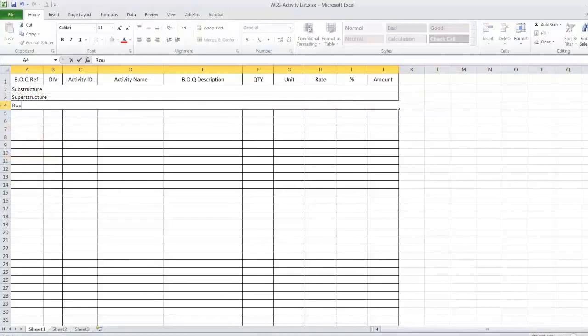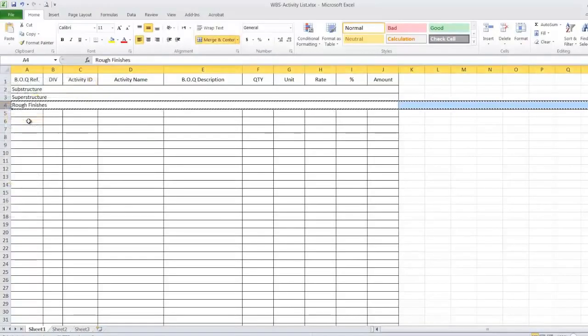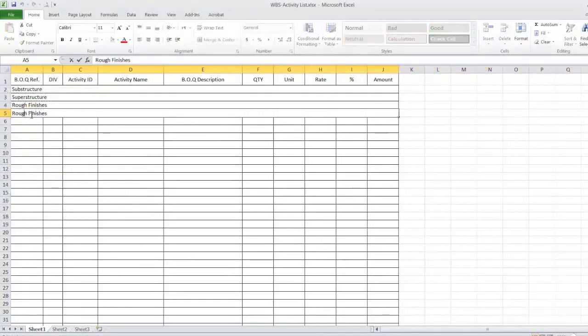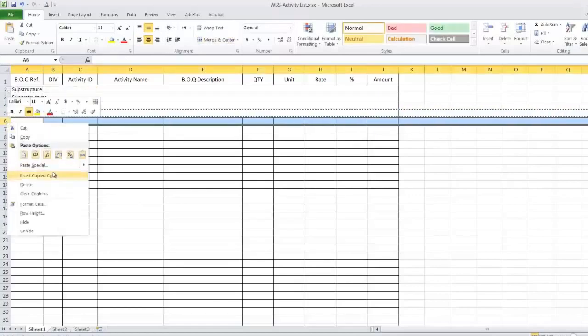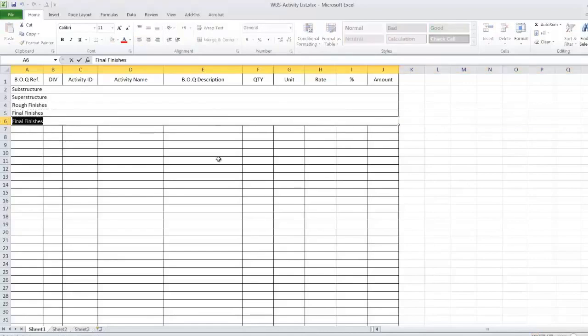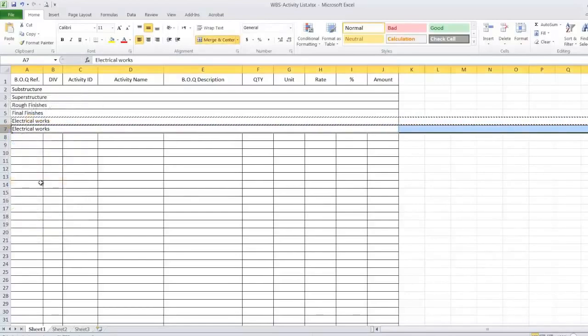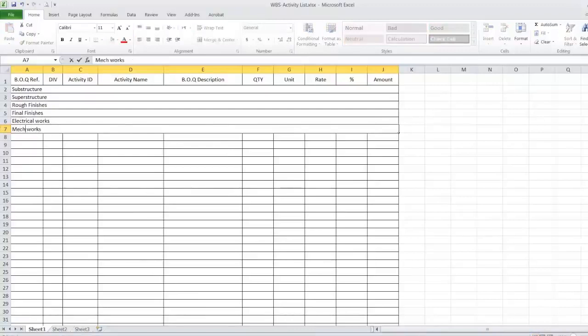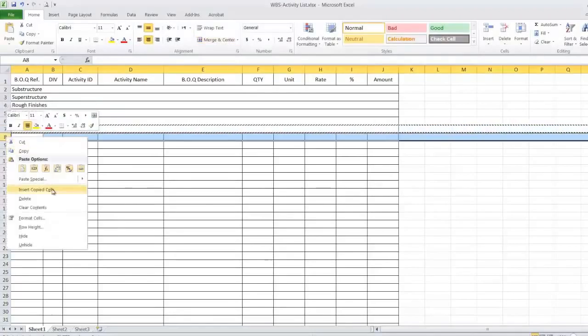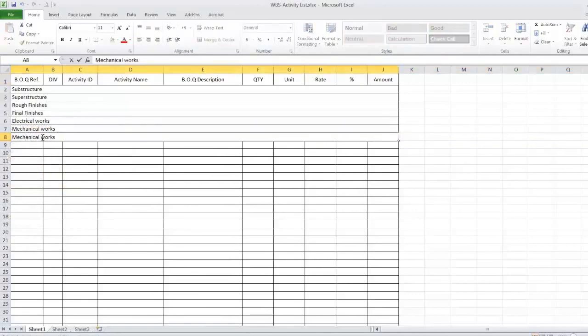We'll add the rough finishes, then we'll add final finishes, and we'll add electrical works, mechanical works, firefighting,